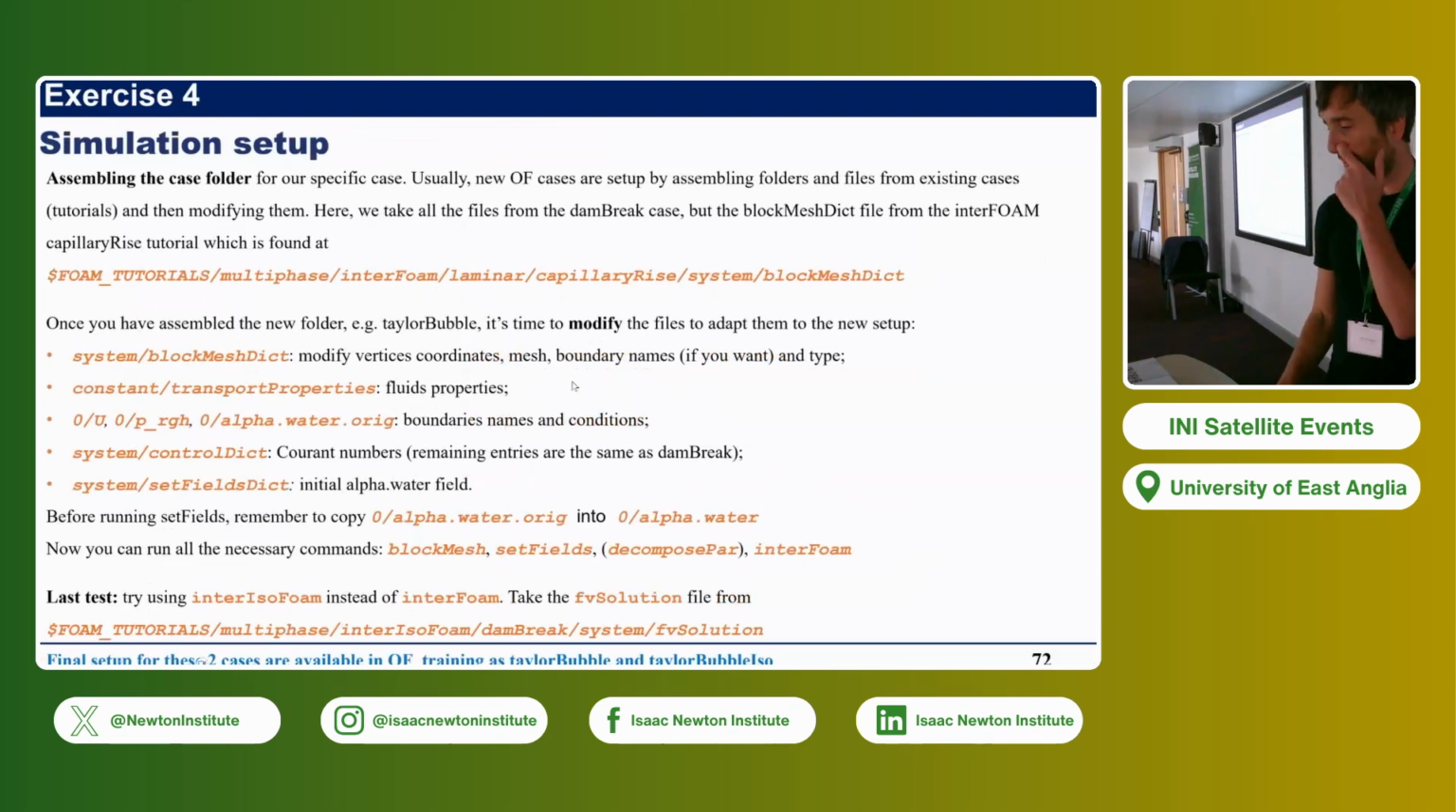So in slide 72, I have all the steps suggested to take. So assemble a new folder by taking the dam break folder and just renaming it. And for the blockMeshDict file, you can take it from another tutorial, which is from the capillary rise tutorial. And you may need to tweak a little bit only the coordinates of the vertices, otherwise all the rest remains the same. You can follow these steps here,